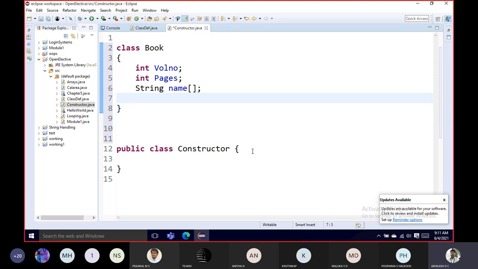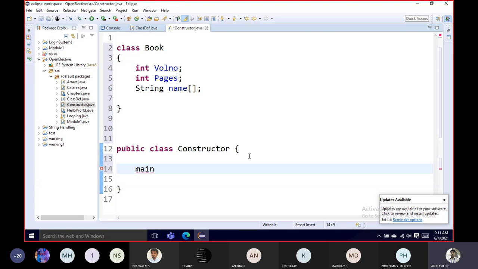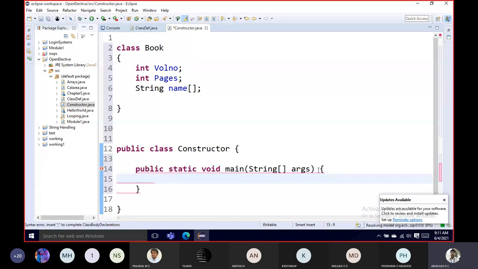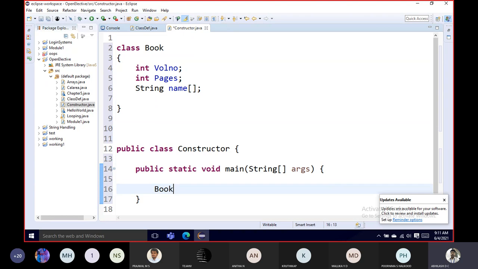Whenever I create a main method here, which will be my main class actually, the main class will be of the constructor class. So in main, I'll create some object which is of Book, with the name book1, no issue, book1. Whenever I call this Book,